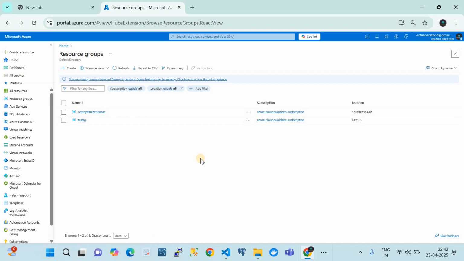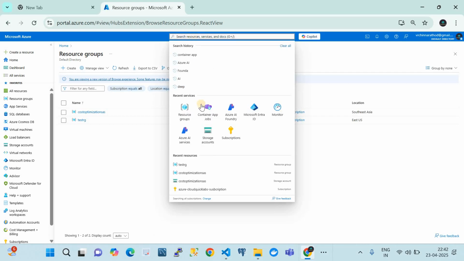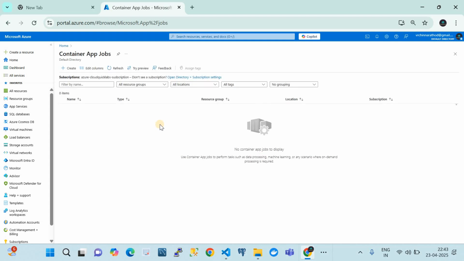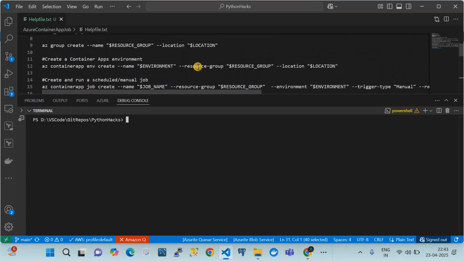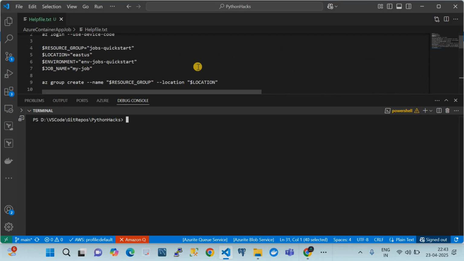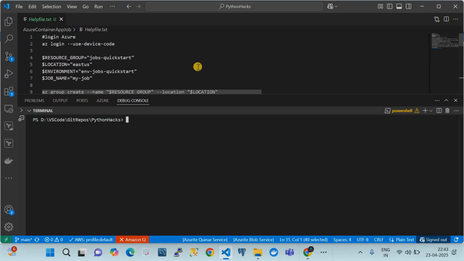Currently, I don't have anything in regards to the Azure Container App jobs. So right now you see that we don't have any container app jobs. Now we're going to create one example container app job and try to run our job in that service. I have created a help file that has all the commands that you need to run to achieve this particular lab scenario. Let's run those commands one after the other, and we'll see this